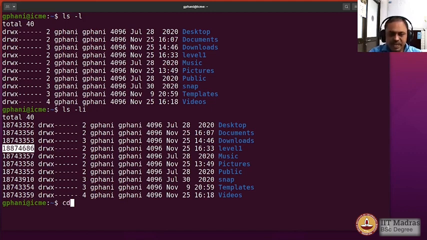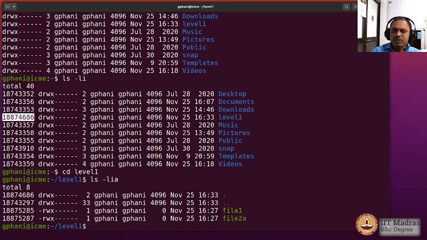Now let us go into the level 1 directory, and let us look at the long listing with the inode number, but also with every file that is there, including the dot and double dot. The -a option is to have dot and double dot. Now you can combine options with one single hyphen. That's quite acceptable.